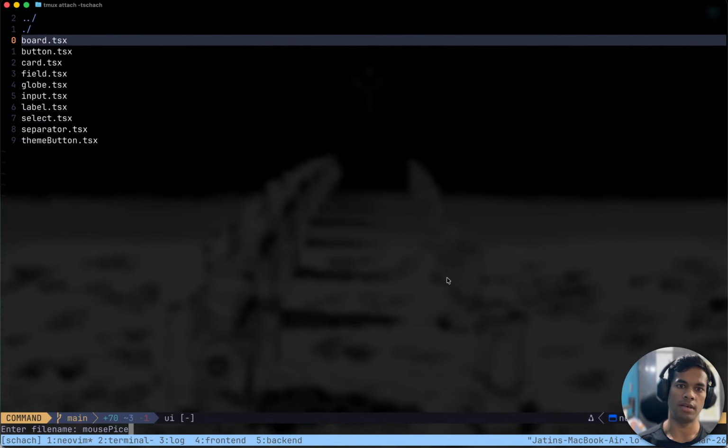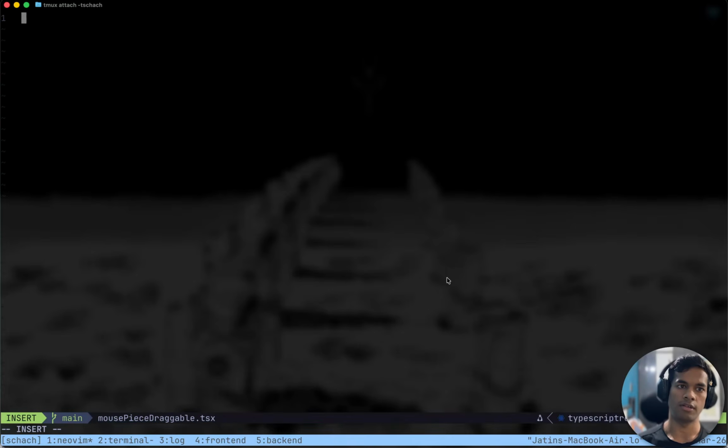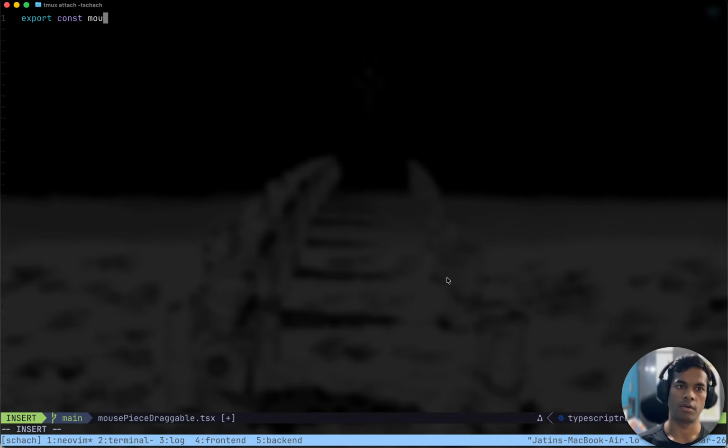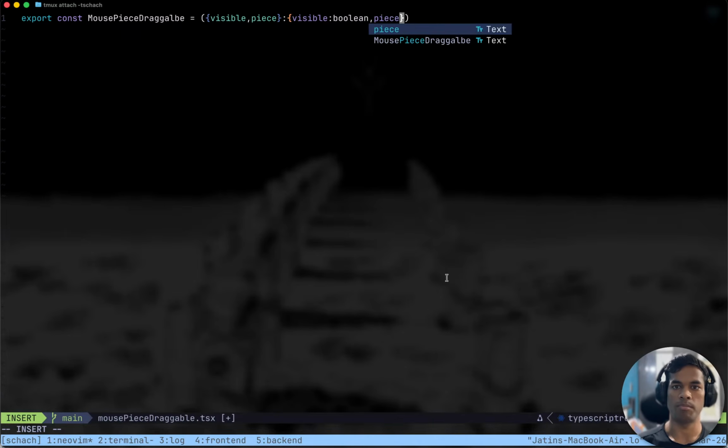Mouse piece draggable dot tsx, export const mouse piece draggable. This thing takes in a few things: visibility and the piece. The type of visible is boolean, and the type of piece is a react component.